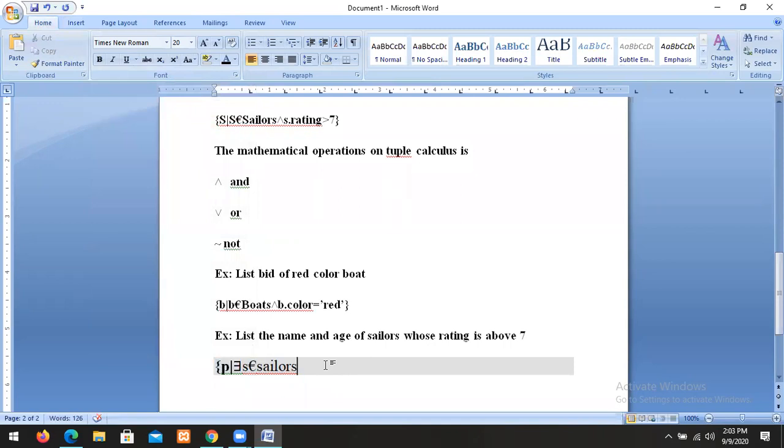So the tuple variable is P. So there exists S. S is a tuple variable for sellers. So what is the condition? S dot rating is greater than 7, and